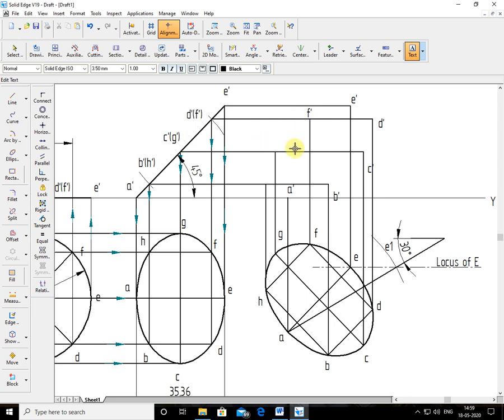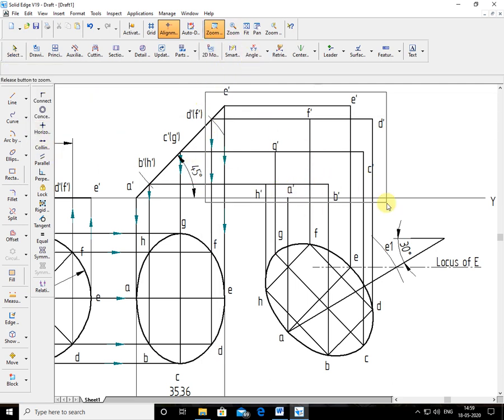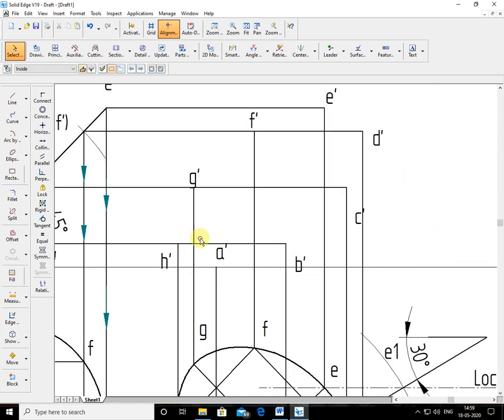Okay. Now again I tell you, when you draw the curve command, you have to choose the end point. You should select as the end point, not as intersection points. Now the projection what I done here, I show here. See, you can see, I zoom the area. Projection what I made, I have not crossed this line because why? Because I want to select it as an end point so that the curve can be drawn easily. Because the front view is neither an ellipse nor a circle. It is a curved figure.